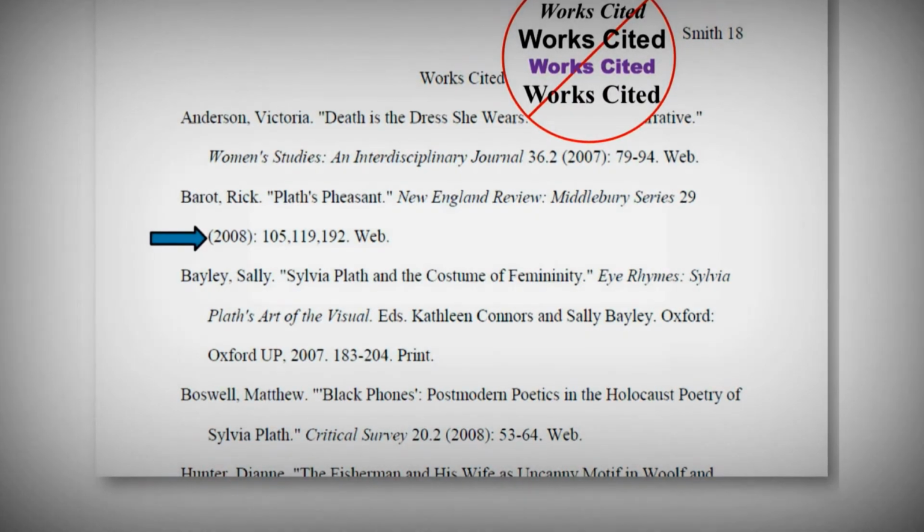Additional lines are indented. How you format your citations for your works cited list and what type of information you need to include will depend on the type of source you're citing. For more information, check out our videos on how to cite a book, ebook, journal article, newspaper,